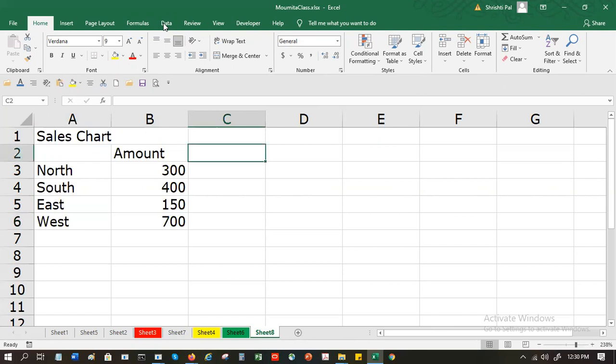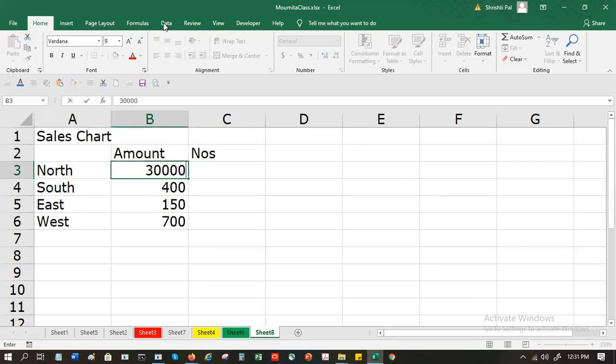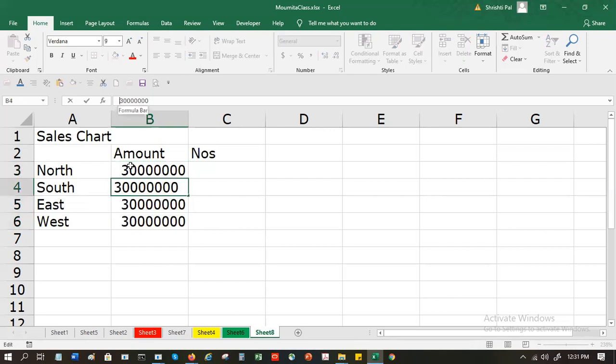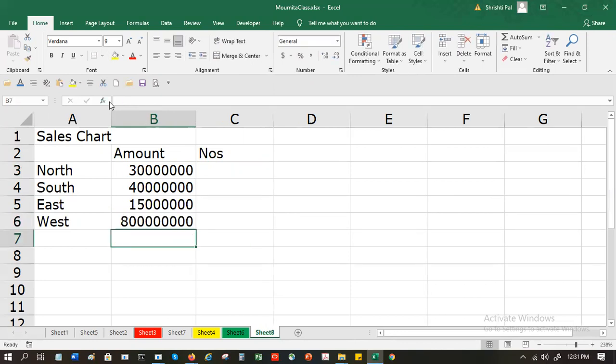And now I have the numbers. Now, if I have this in actual numbers instead of 300 million, I will get something like this. So let's say the West Coast is doing high sales of Tesla cars.